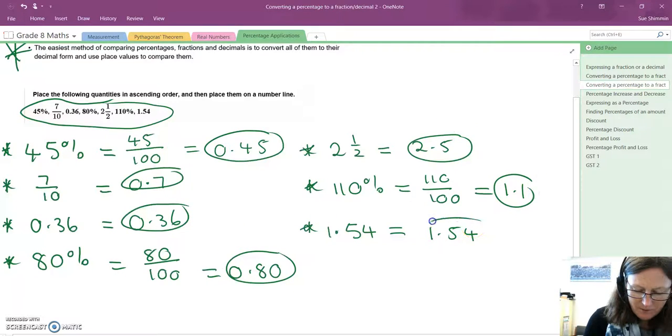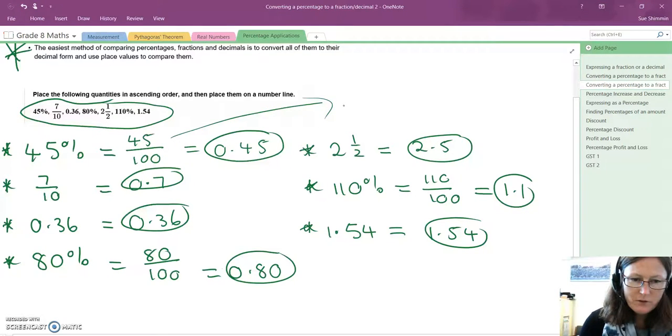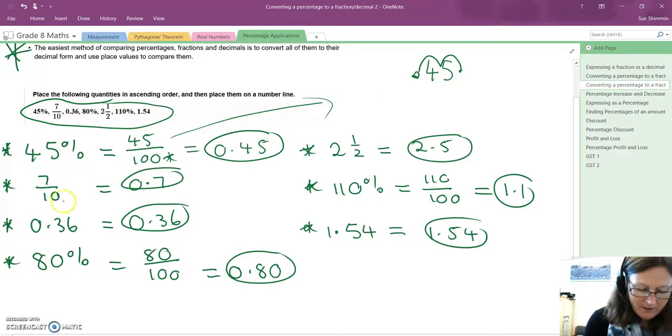Okay, I did some of those quite quickly. Just remembering, if we've got 45 per 100 and we want that as a decimal, we write down our 45. There's the decimal point. We are dividing it by 100, so we move the decimal point 2 to the left. So that's how I get my 0.45. 7 out of 10. I write down my 7. There's my decimal point. When I divide something by 10, I move it 1 to the left,